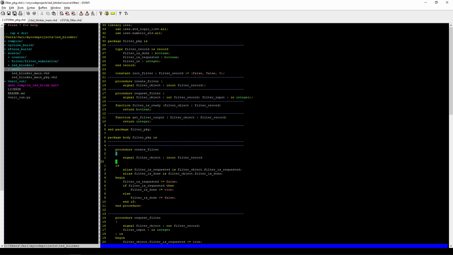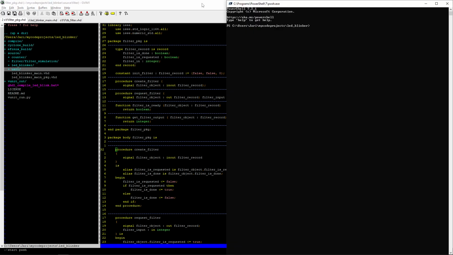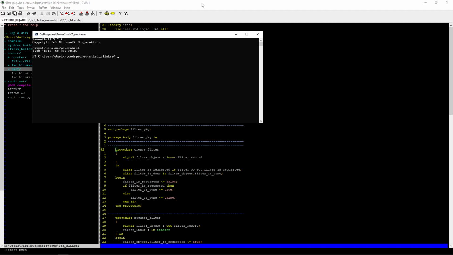When we design filters in VHDL and use them in FPGA, we most of the time use fixed point arithmetic. What fixed point arithmetic does, if we just start the PowerShell, is that we do all of the calculations in whole numbers, and it is quite intuitive how it works, because if we, for example, multiply 10 by 0.7, to use whole numbers we only need to define these so that they are whole numbers. So if we multiply the 0.7, for example, by 100,